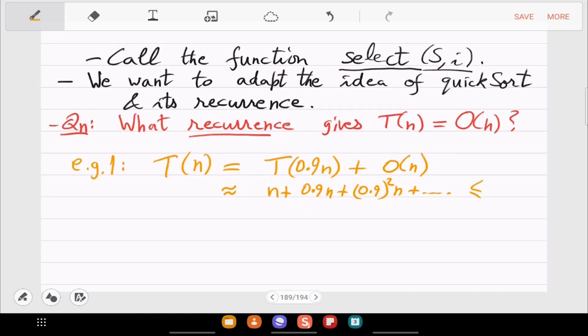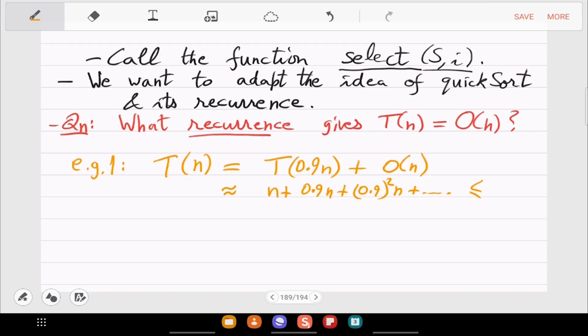what is this smaller than? The GP of a fraction, right? That GP will be an absolute constant. So for example, for 0.5, it would have been just 2. And for 0.9, it will be 10 or less, right?